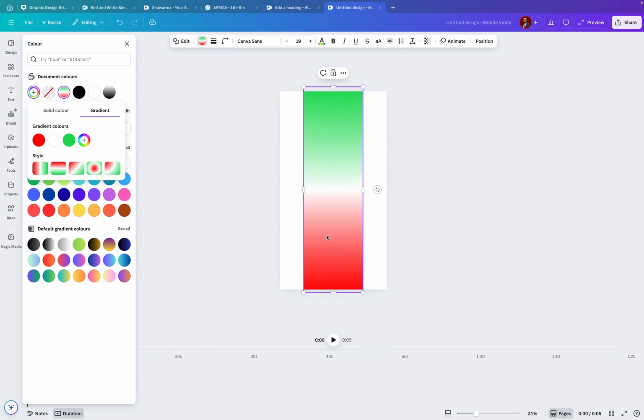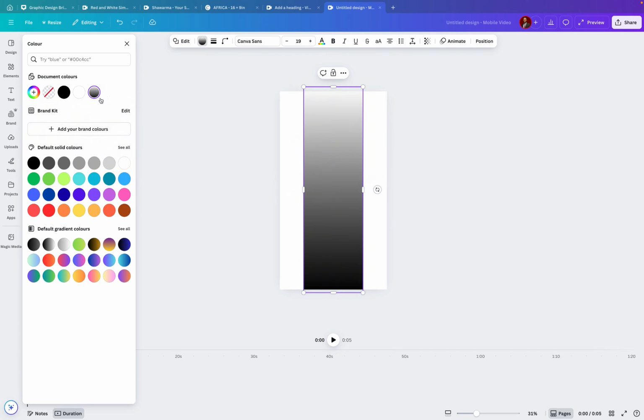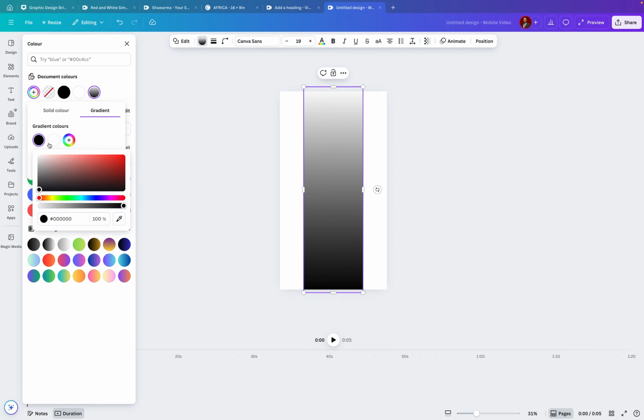But that's not what we want. You can change it to different shapes and size, but that's not what we want. So what we want is just one color, white, moving into red. So I'm going to click on it and change the black to red. When I've done that,